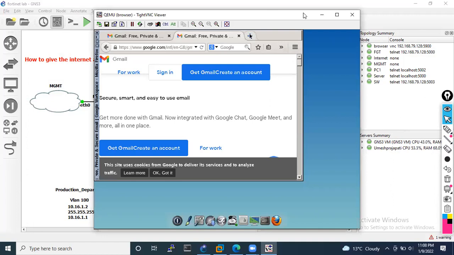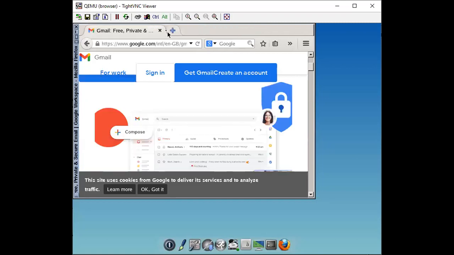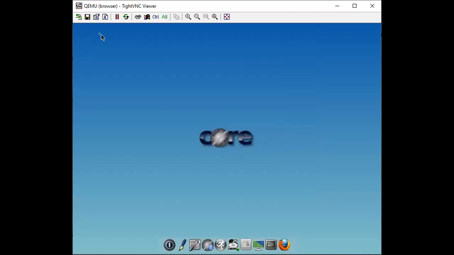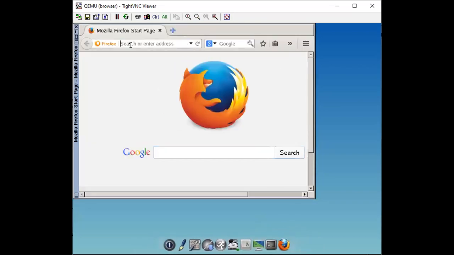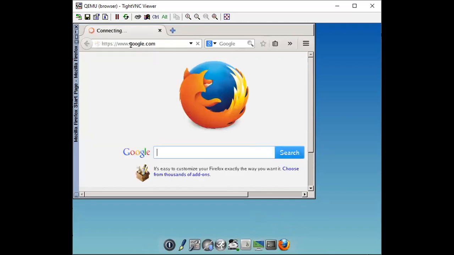So I am going to take the console of this user and open the browser and type google.com. As you can see, this user is not able to access the internet.